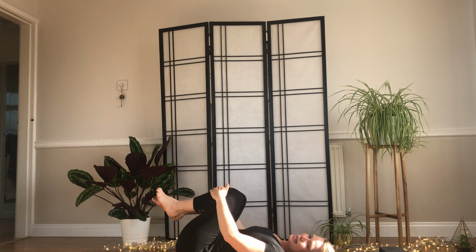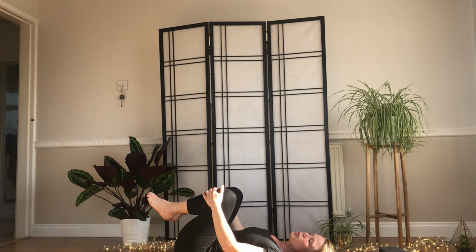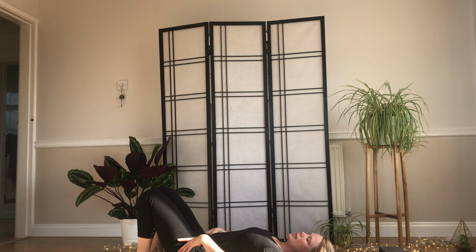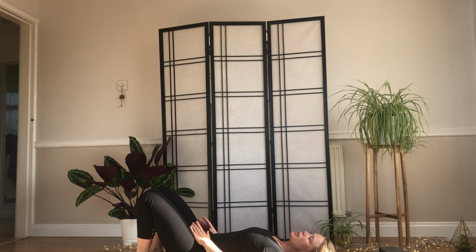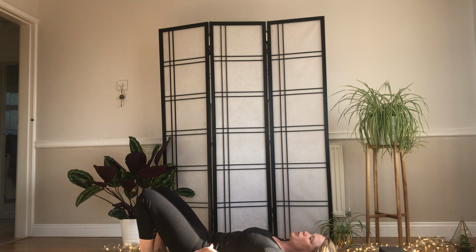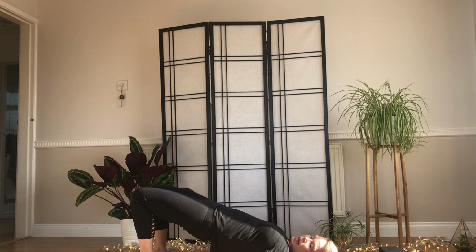Hugging your knees into your chest again. Do a little bit of rocking. Let's do one more bridge or do another pelvis tilt. So we're all going to tilt our pelvis, making sure your knees are in line with your hips. Feet close to the buttocks, tilt the pelvis towards you, so the lower back is on the mat, lifting your lower back, your middle back, maybe upper back, pushing the hands into floor, making sure that your knees don't splay